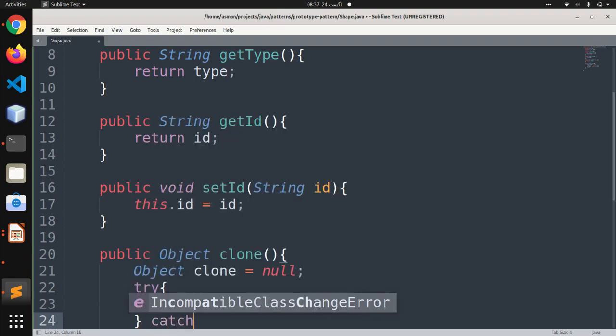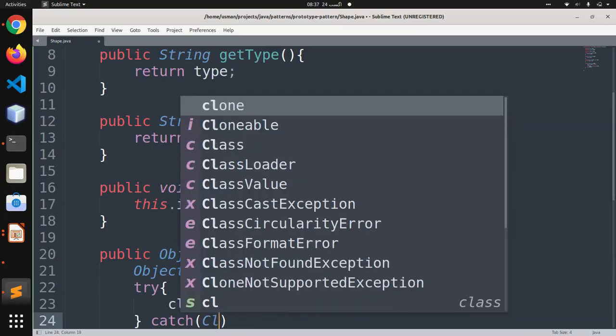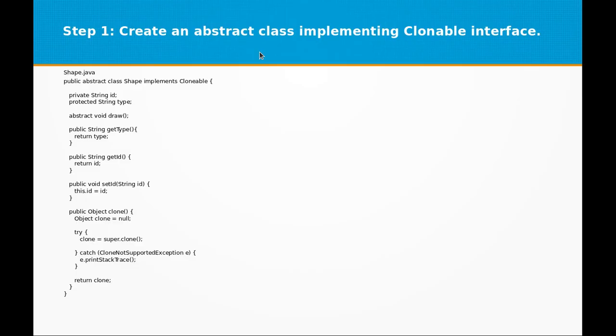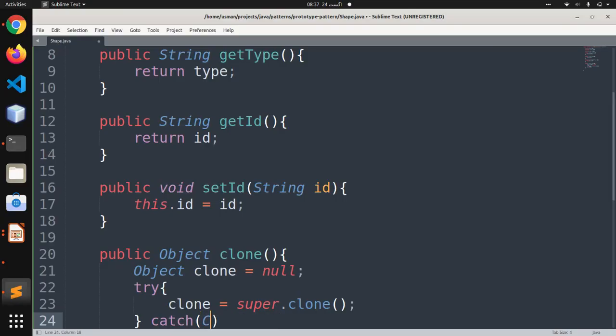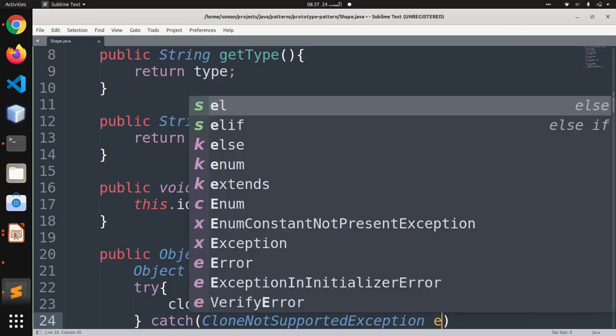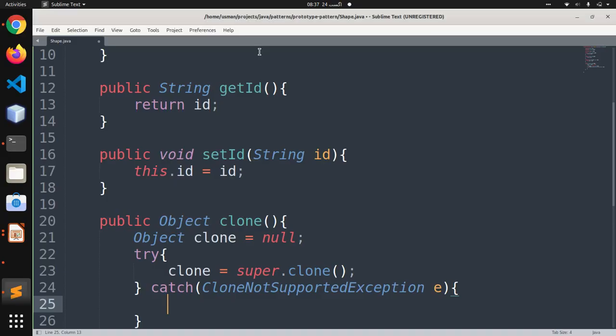Here we are going to catch any exception if raised, CloneNotSupportedException, as e, and we are going to call e.printStackTrace.